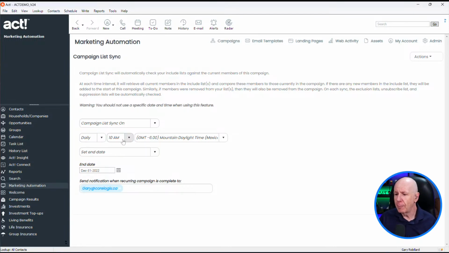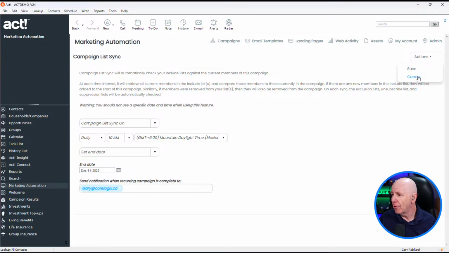So you've set up the time, 10 o'clock each morning. It's going to go and check that group's folder. Hey, there's somebody new. It's going to send out that email and say happy birthday to the person, and you don't have to do anything. You just have to remember to create an activity for yourself to go in and create a new template at the end of the year. And it's as simple as that.